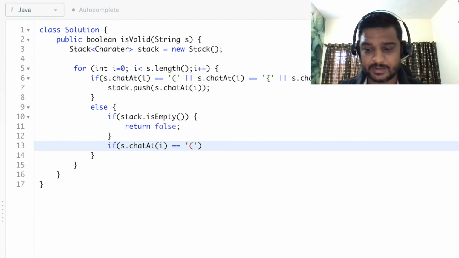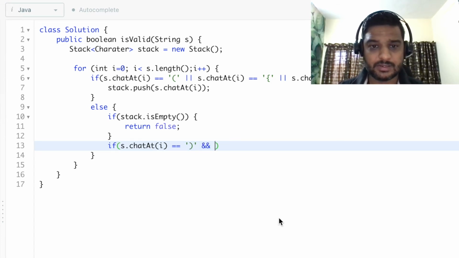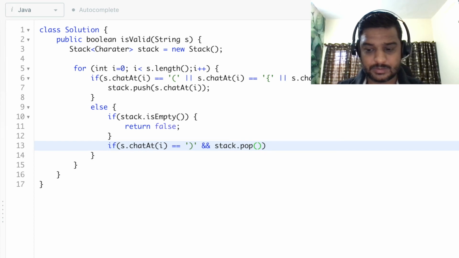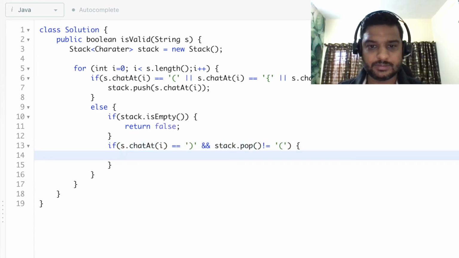I can check if the current character is the closing of the circular parenthesis and stack.pop is not equal to the opening of the circular parenthesis. In that case we'll return false.